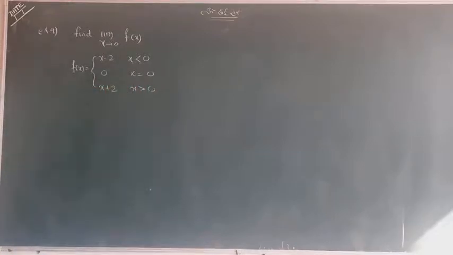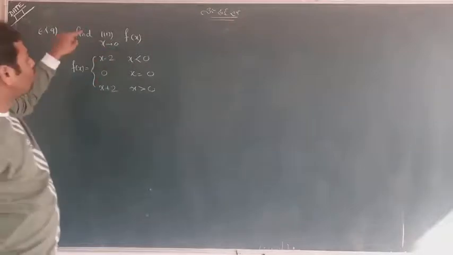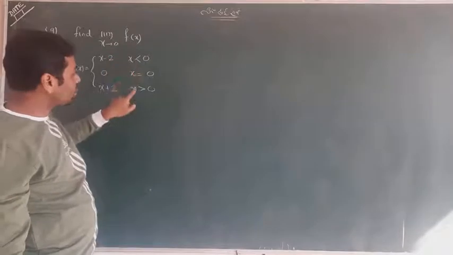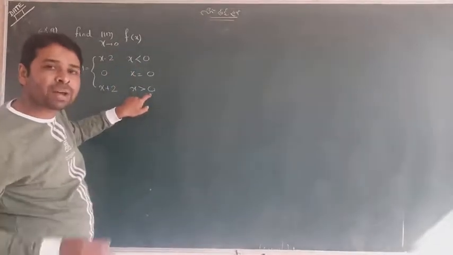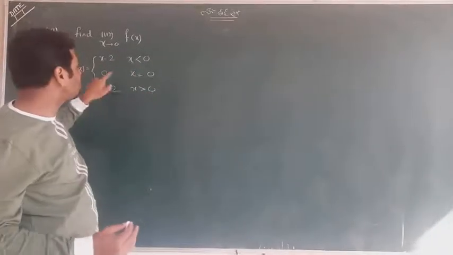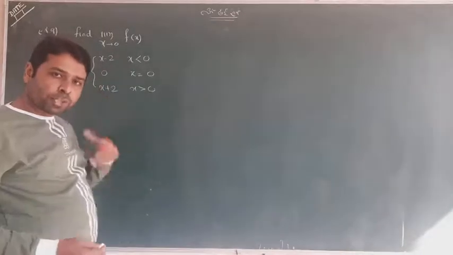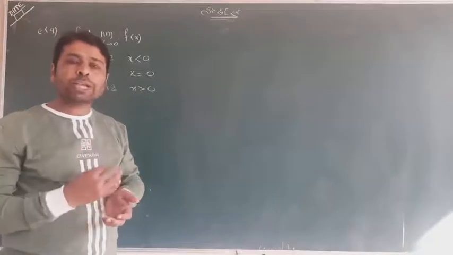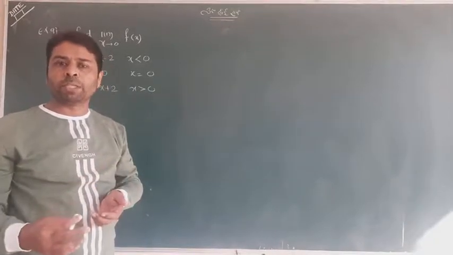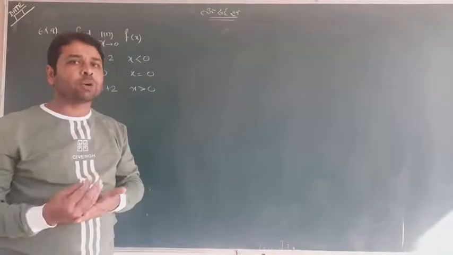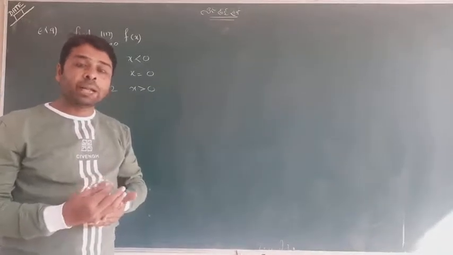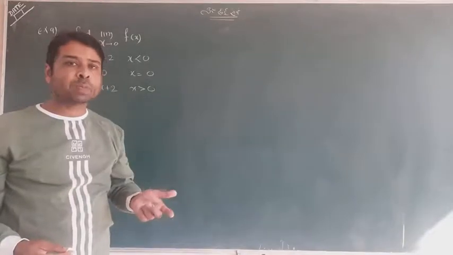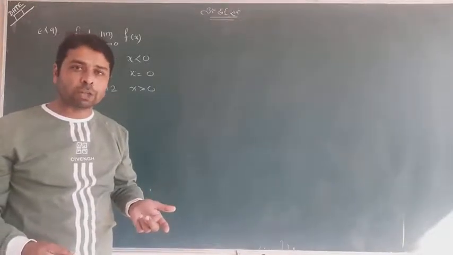This is the question. Now even though we are told to find the value of the limit, x less than 0 and x greater than 0 indicate that the function changes for the left hand limit and for the right hand limit. So first of all we will find both limits and look at their values separately, whether they are equal or not. If they are equal, the limit will exist and the same will be the answer. But if they are not equal, the limit will not exist, meaning we cannot find the value of the limit.